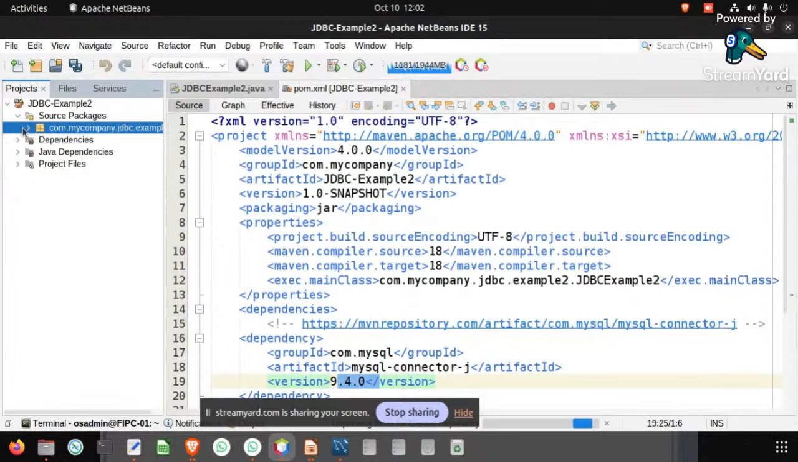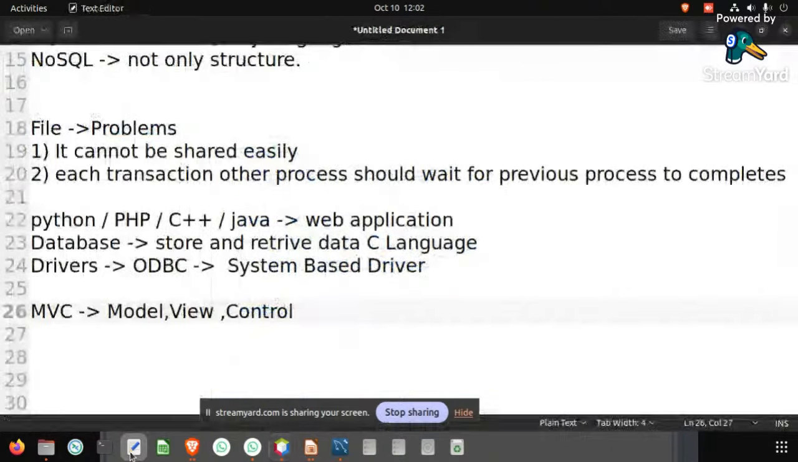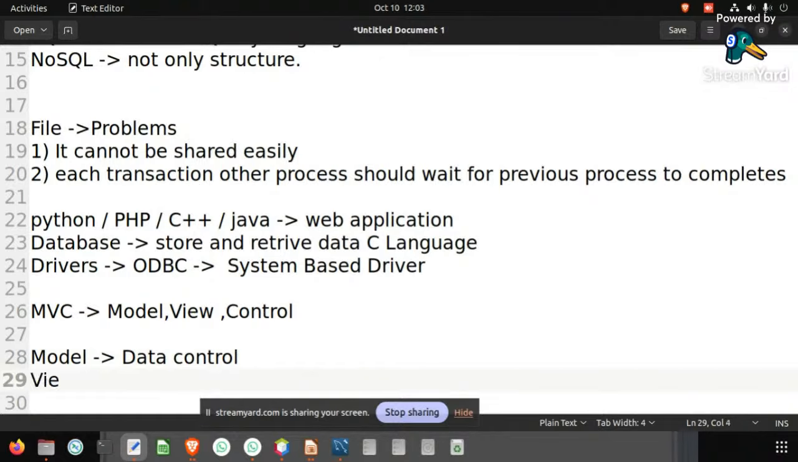Now what we are going to do is segregate all these things. The first one is going to be model. Model in the sense it is going to be data control. So all the database related queries are going to be done in my model package. And view is nothing but the data which is going to be shown to the user, the front end application where I'll be using this view. And the last one is going to be